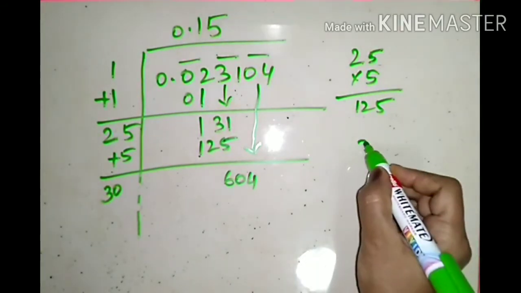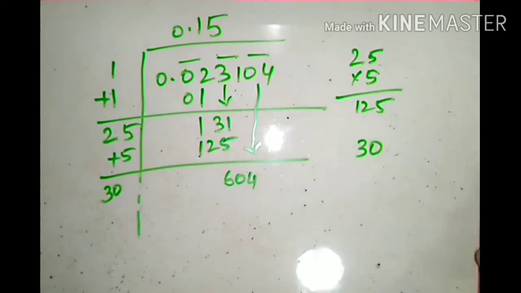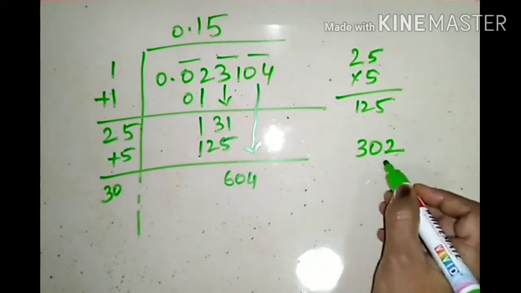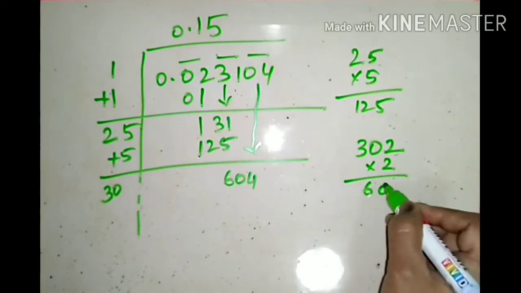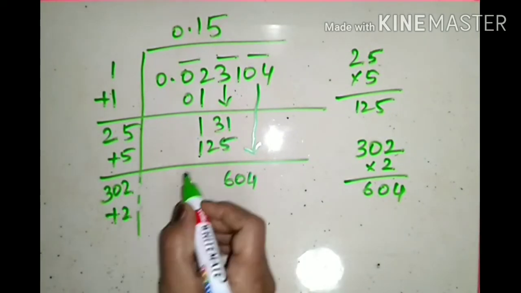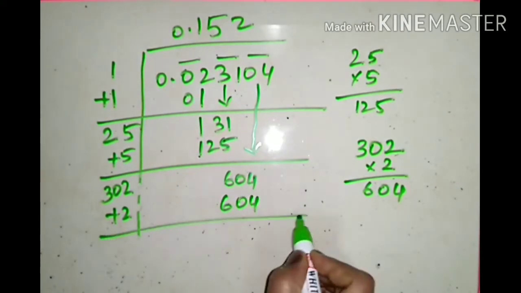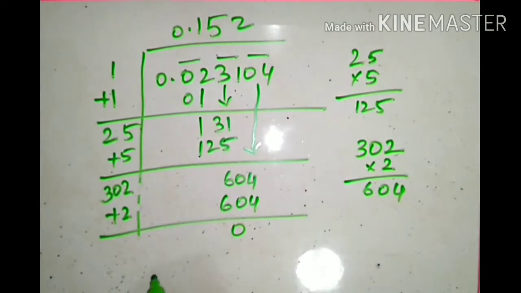Now we have to write one number multiplied by the same number so that we get 604. If I write 2 multiplied by 2, I'll have 604. So 2 plus 2, 2 here, 604 here, remainder is 0, and the root of